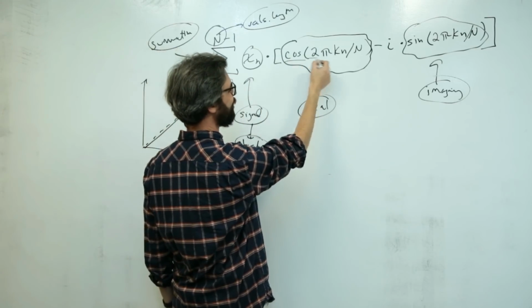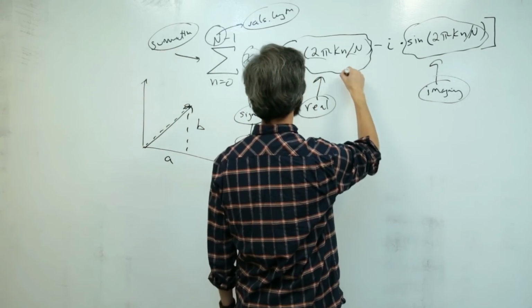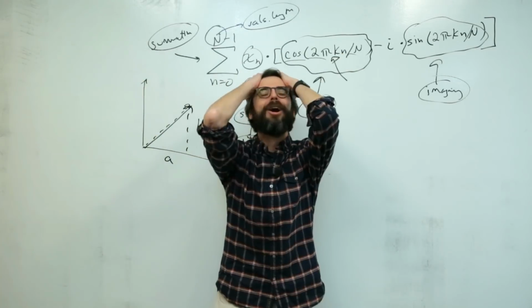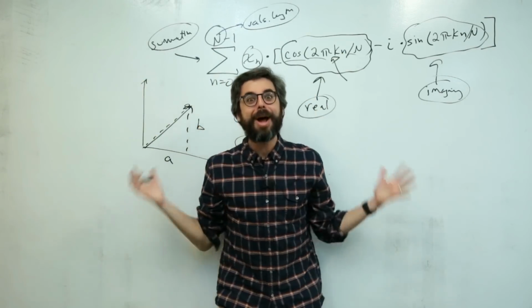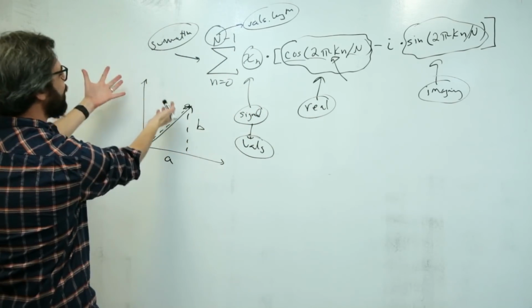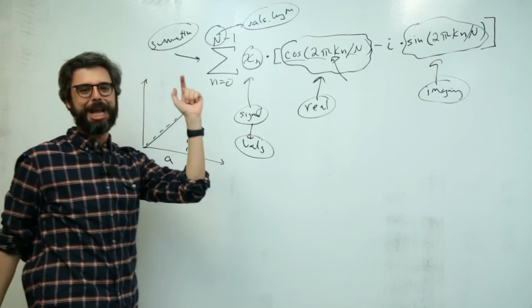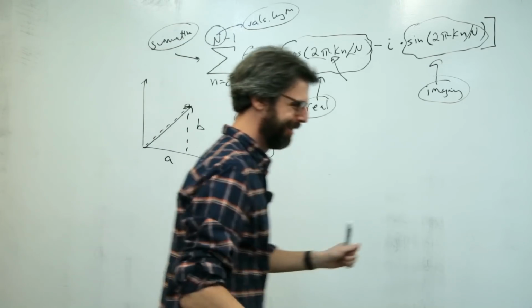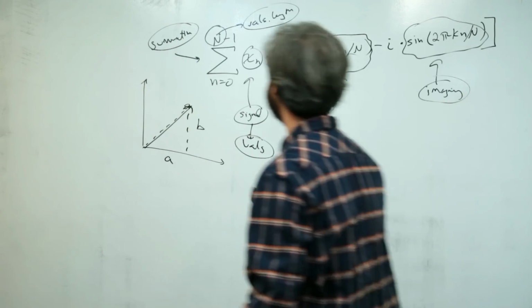I know what cosine is, 2 pi, n, all these things. So we're going to work out what k is. Oh boy, I'm so silly. What is k? I completely forgot to write what is quite possibly the most important